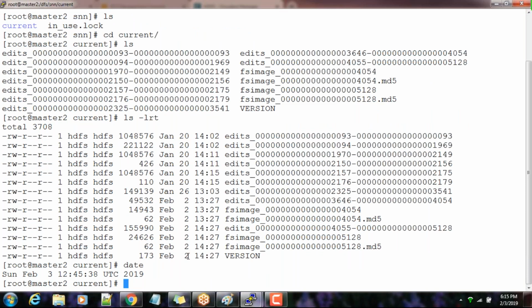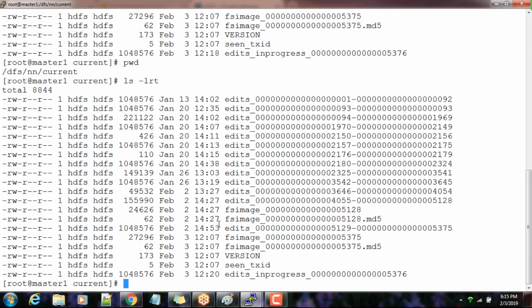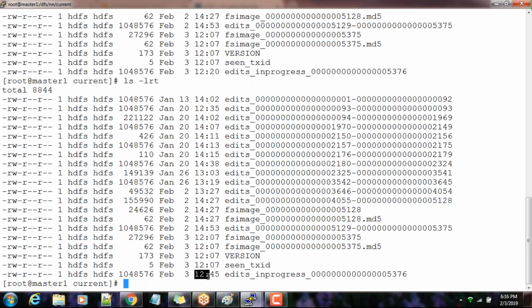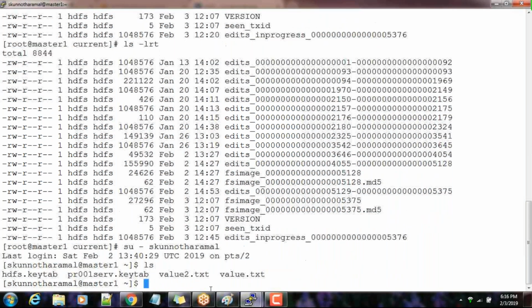It last happened on February 2nd, because I have not kept this machine on for a long time, which is the reason the checkpoint is not happening. But here you can see the edit at 12:45, then the fs image at maybe 12:07, which is today only. So the checkpoint happened at this time. Let's try to do a manual checkpoint and see what happens to these files. For that, let me switch to